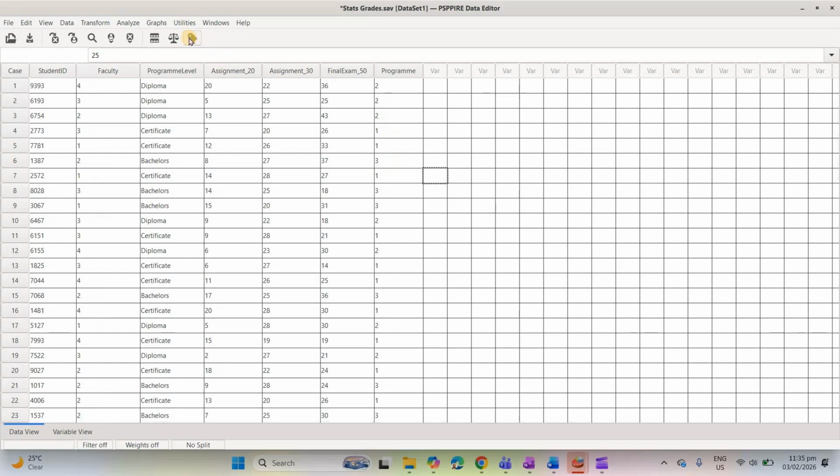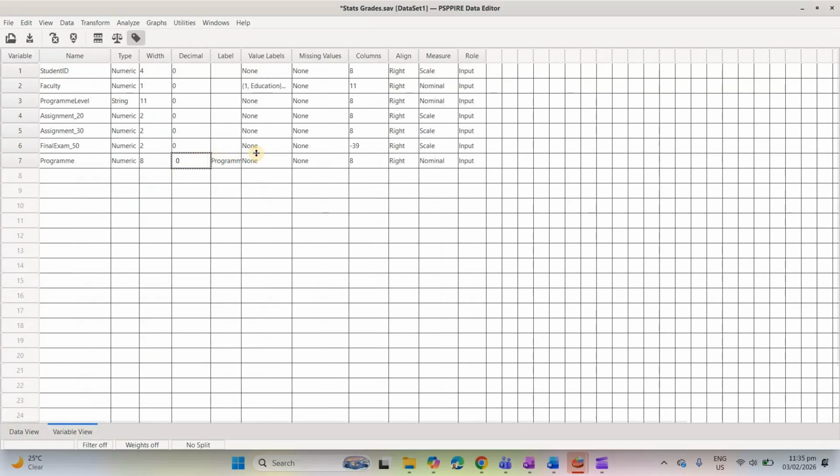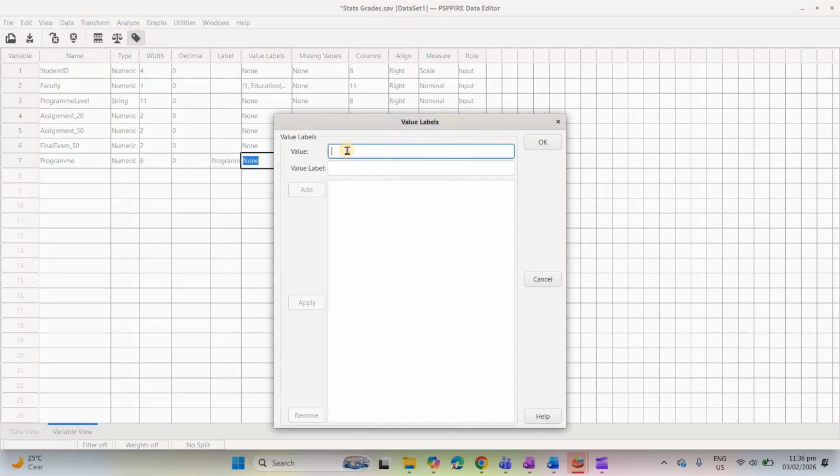But when we click this, we realize the numbers here are not changing compared to faculty here. And the reason being is because we have not added value labels. If you compare to automatic recode would have added value labels. But when you do recode into a different variables, it does not automatically add value labels. So you have to go to your variable view, come right here to value labels,